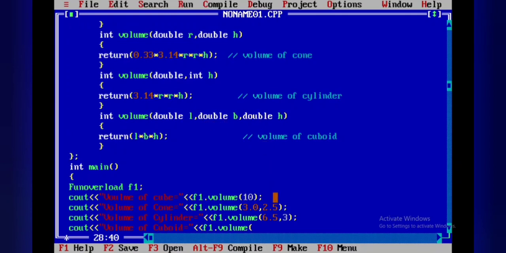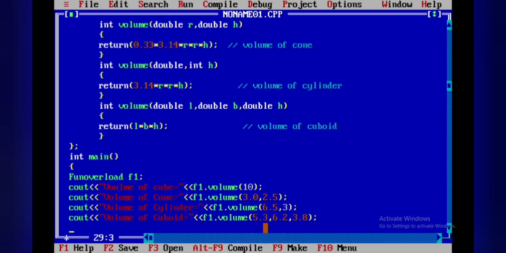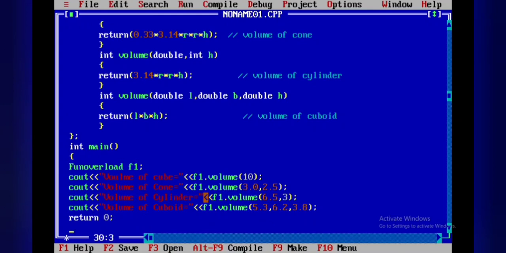So I need to specify 3 values, so I am going to take 5.3, 6.2, 3.8. So you can take any value. So I am done with all the functions. I need to specify return 0 because I have used int main. Okay, so return 0 semicolon and closing of the main function.